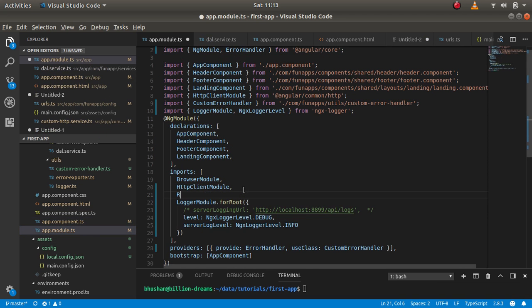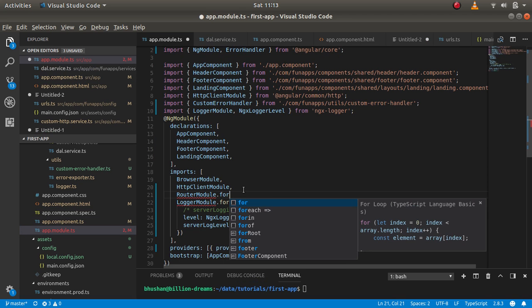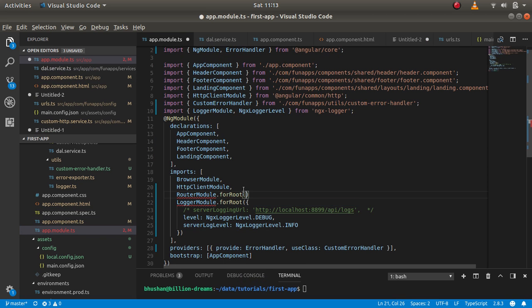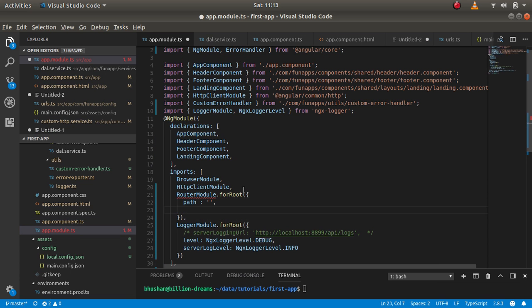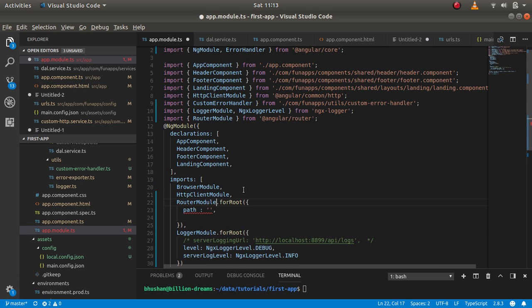Router module dot forRoot, and with this we need, if path is empty, then we need